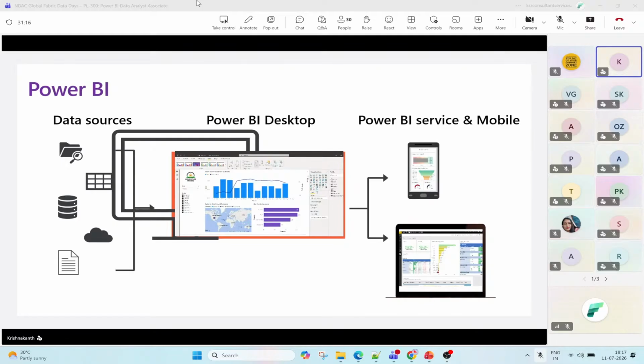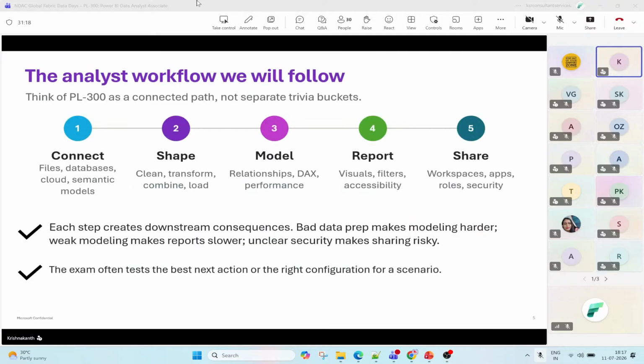Moving on. So this is how the workflow will be. Initially we will be connecting the files. It can be from the semantic model tables. It can be from the dataflow level. Whatever it may be, from different connectors, we will be bringing the data, and we will be performing the cleaning activities, as we need to ensure our column quality and the data types, whatever transformations we need to perform, in order to make sure that we have structured data.